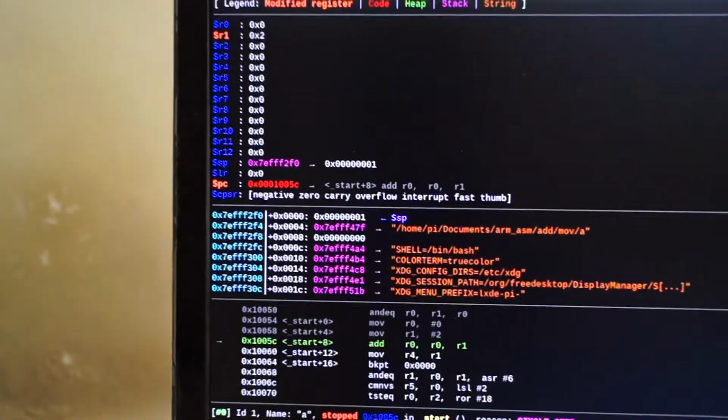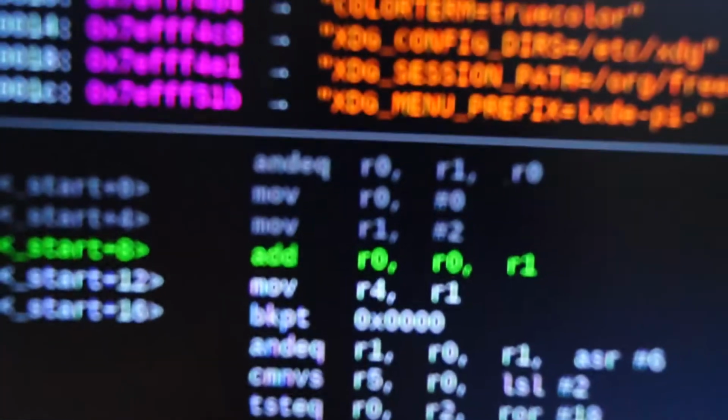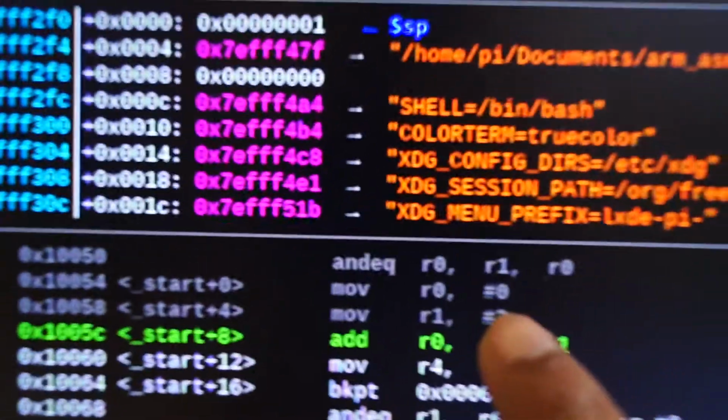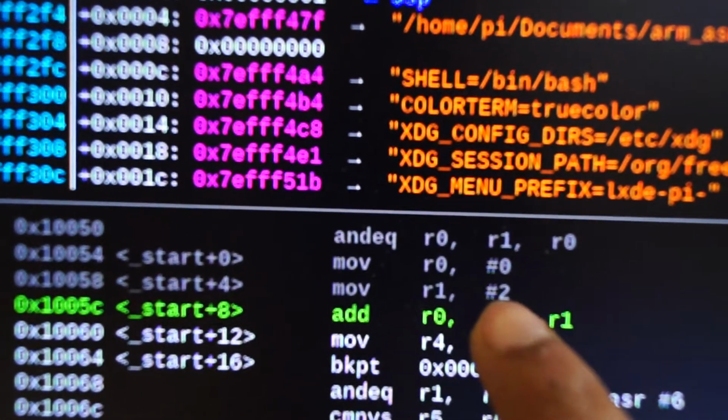Now the registers are updated. You can see R1 is number 2. So our instruction was to take this number 2 and put this into the R1 register, and it has done it.